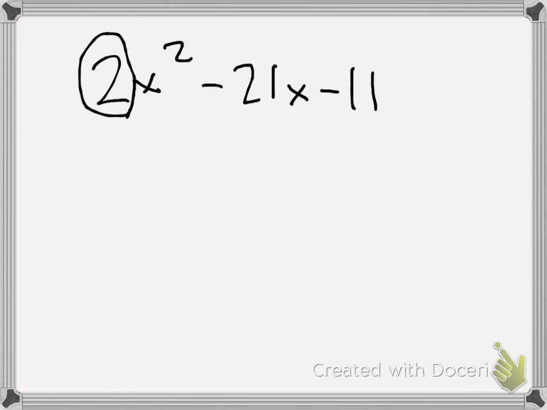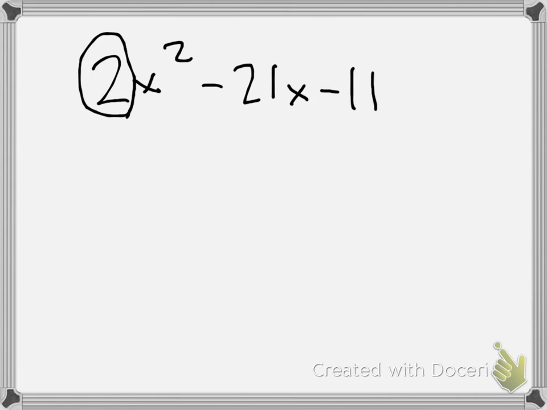Okay, and the way that Professor Ray showed you how to do this in class is using a method called guess and check. So that's what I'm going to do. It's a really good method for this particular problem because you've got prime coefficients in the front and the back of it. So, the first thing that you want to do with every factoring problem is look for a greatest common factor. There's not one this time, but